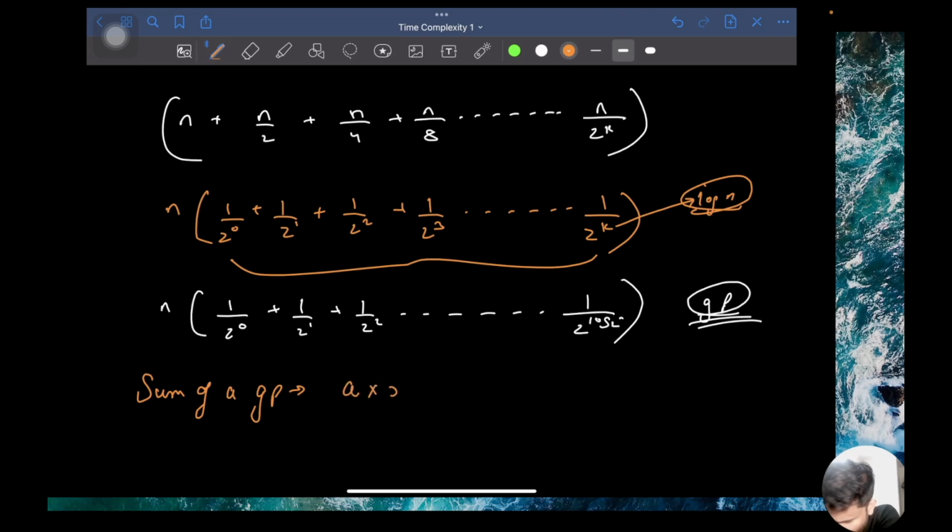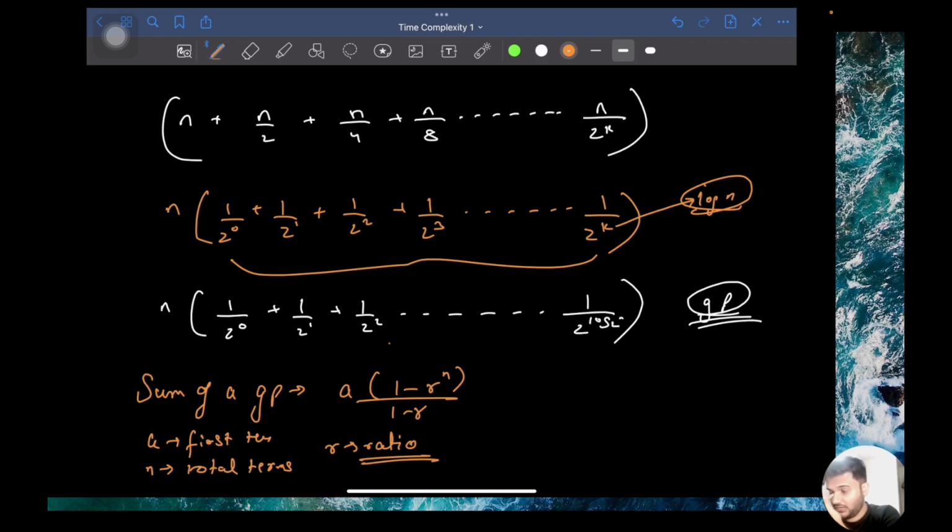a into r raised to the power n minus 1 upon r minus 1 if r is greater than 1, where a is the first term, r is the ratio. But if r is less than 1, then this becomes a into 1 minus r raised to the power n upon 1 minus r, where a is the first term, n is total terms,